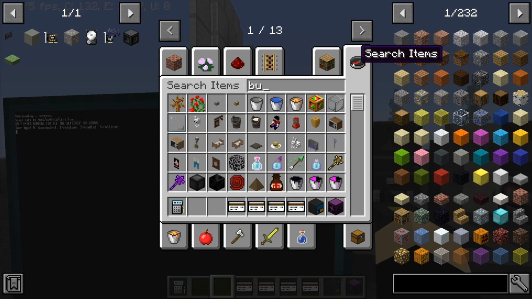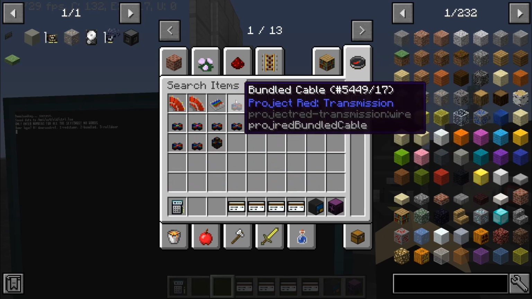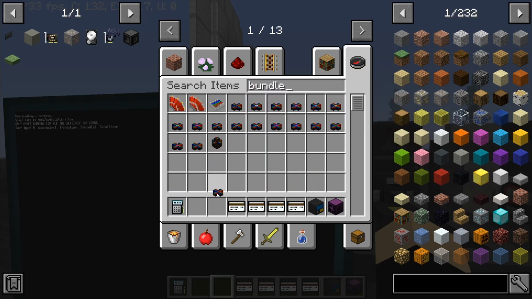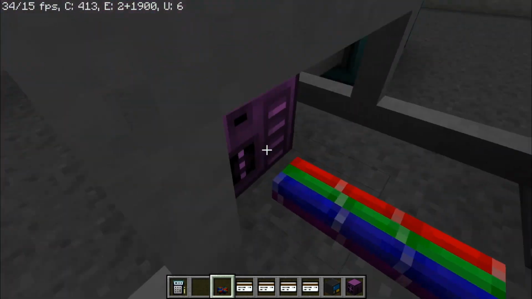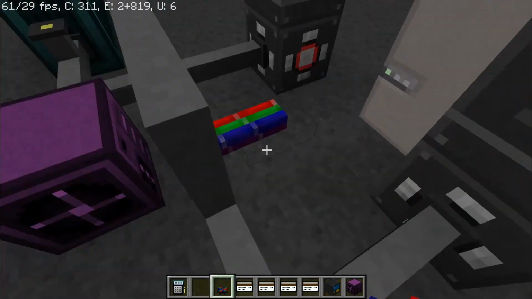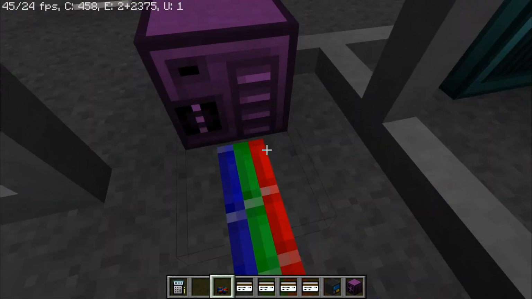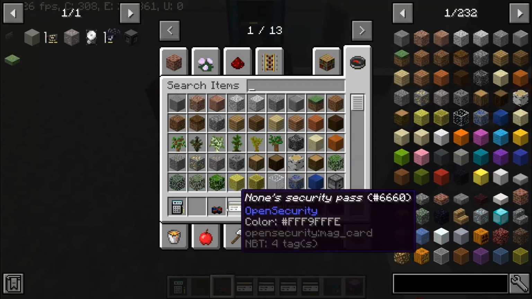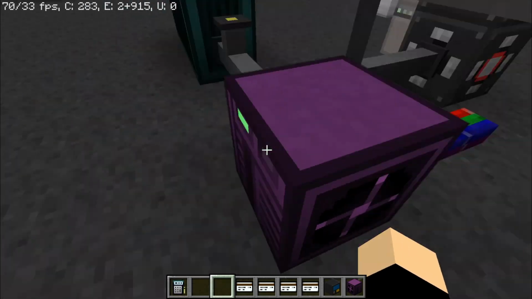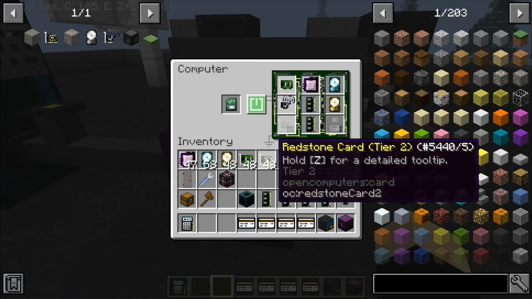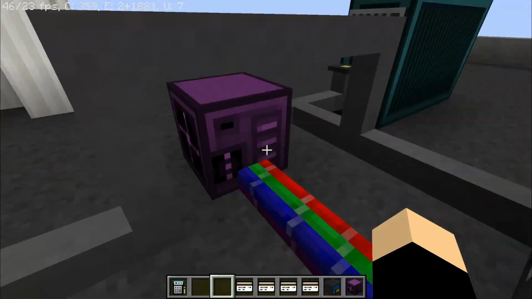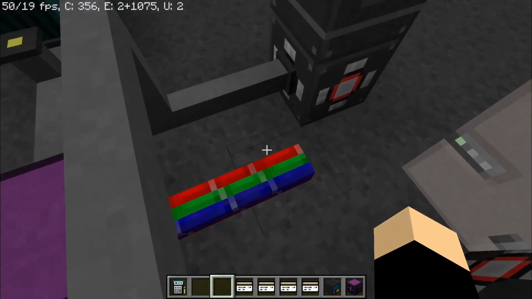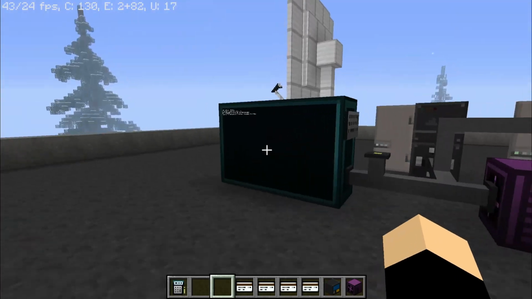Bundled is this guy. It comes with the Project Red mod, and it's basically 16 redstone signals all in the convenient bundle. It would connect to that if I had a redstone card, and I'll install one. You have to have a redstone card if you want to do that, but then it'll connect to it. Roll door is